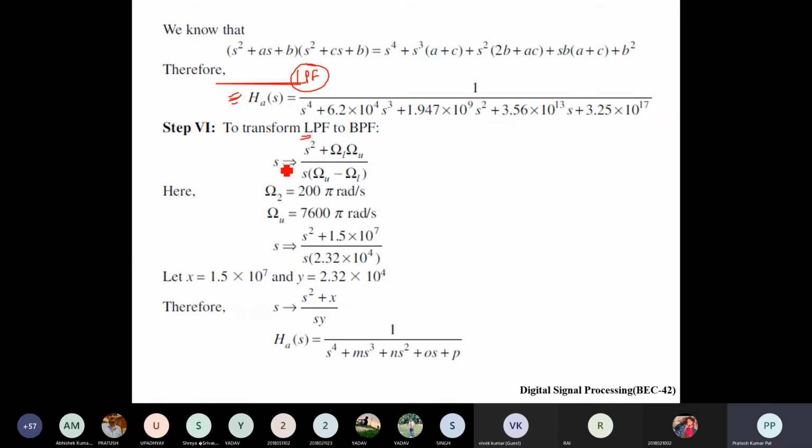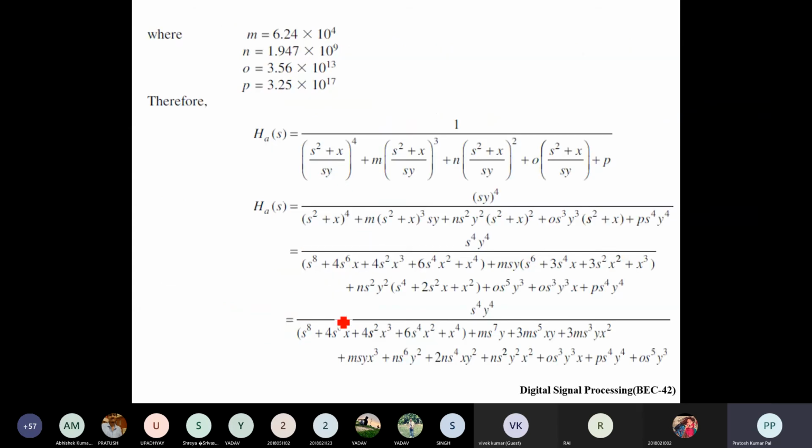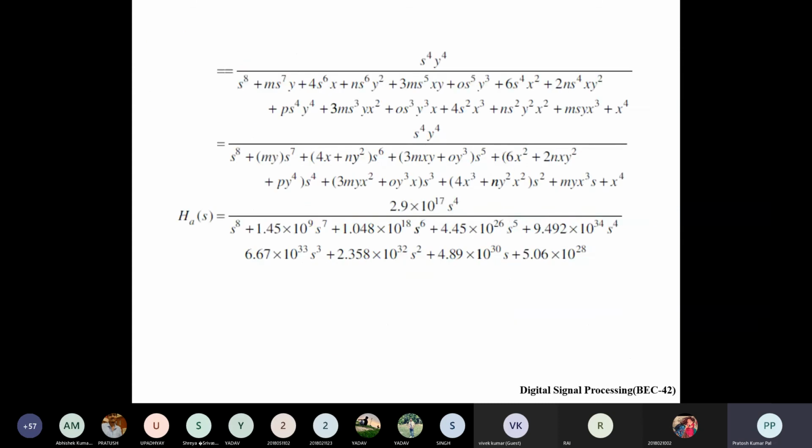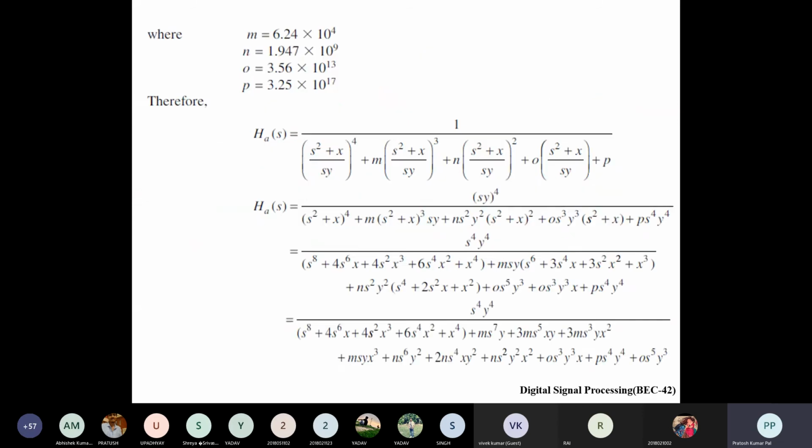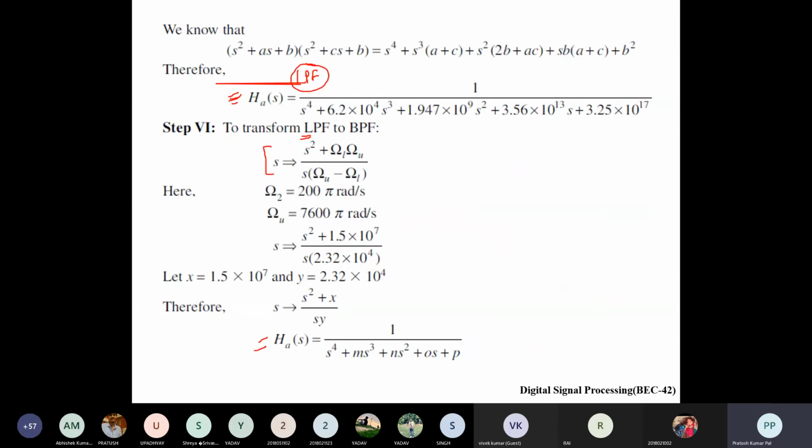Okay, so to convert a low pass filter to a band pass filter, we will be using this mapping. Okay, in this mapping we will be putting all the values, and from there we can get directly the value of this another transfer function. So by putting all the values, this will be your final next one. So after simplifying and putting all the values, finally we will be getting your analog transfer function for a band pass filter. Okay, so this is how we will be proceeding to find out the different filter designing by using either Butterworth filter or by using Chebyshev method.